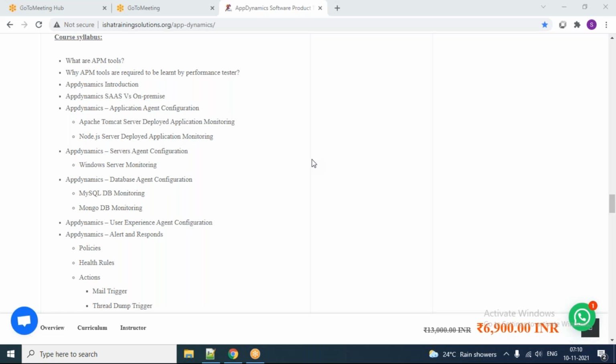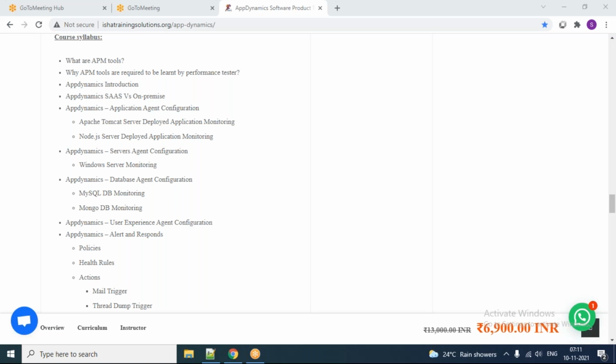And not only dashboard creation, but also troubleshooting: if you configure an application endpoint and you're not seeing it in the metric mapping, how you will troubleshoot it. Yes, the troubleshooting part is also covered.